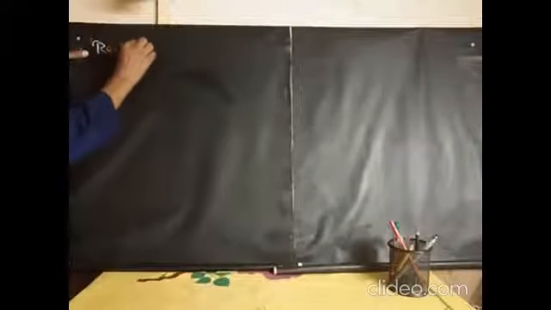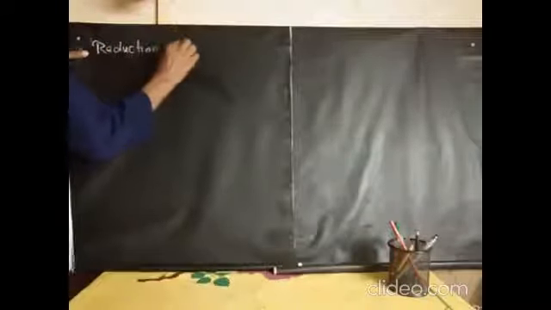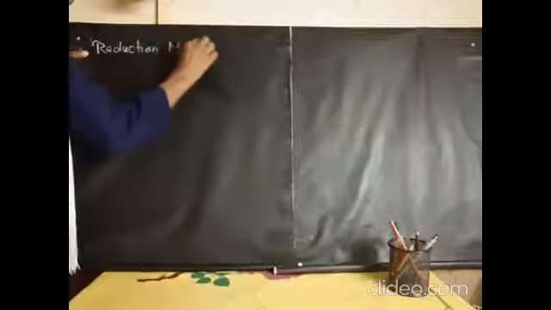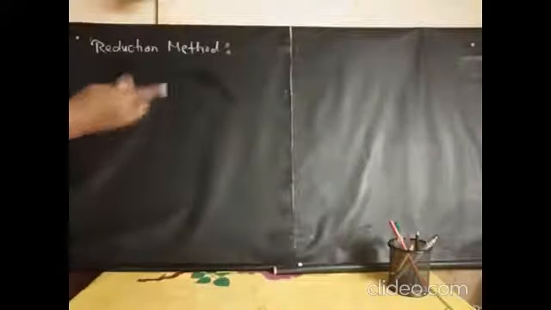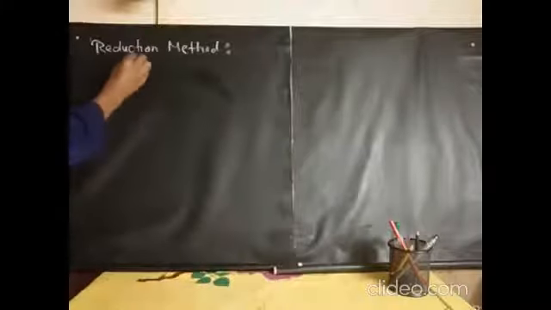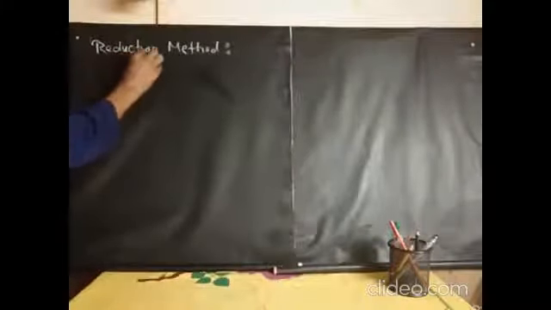Now children, let us learn the reduction method. We will solve one or two problems based on the reduction method. What we do in the reduction method, children, is we write the given system of linear equations, that is algebraic equations, into a matrix equation like this: AX equals B.